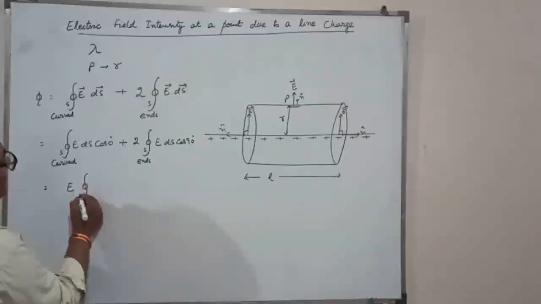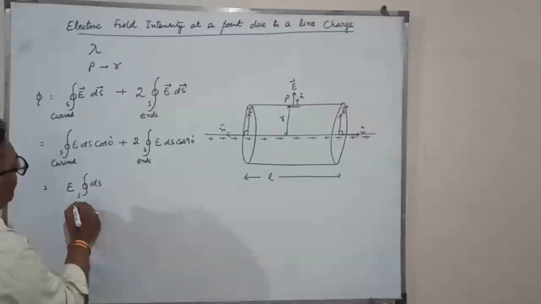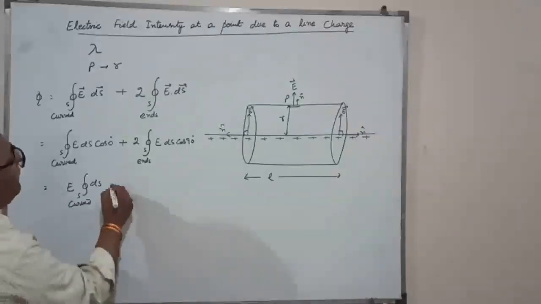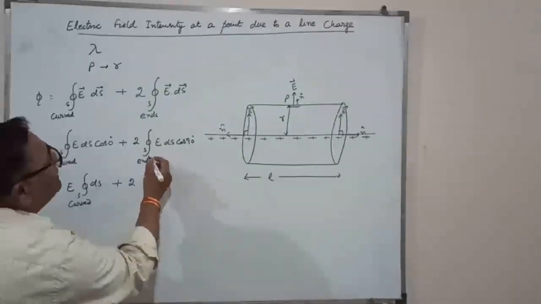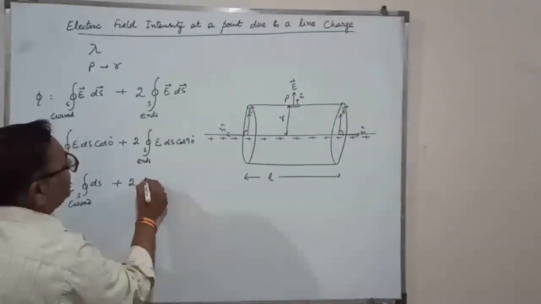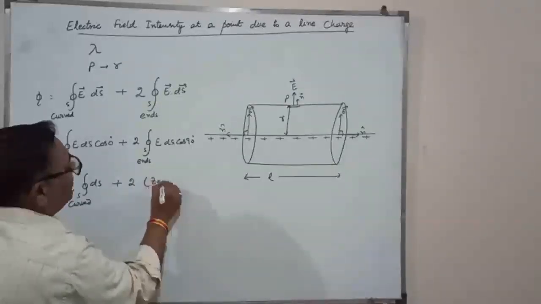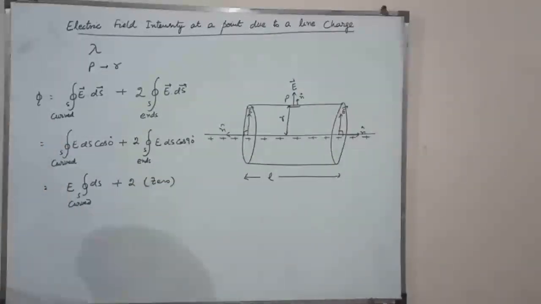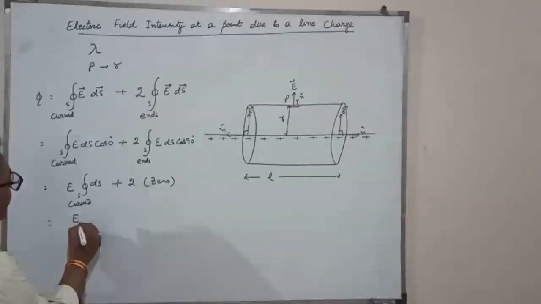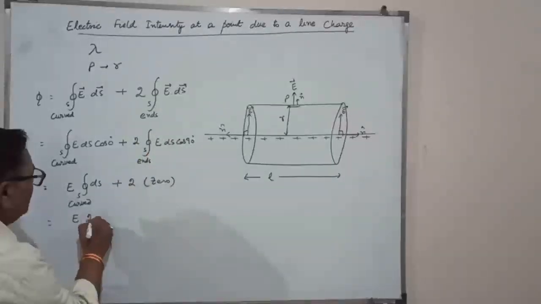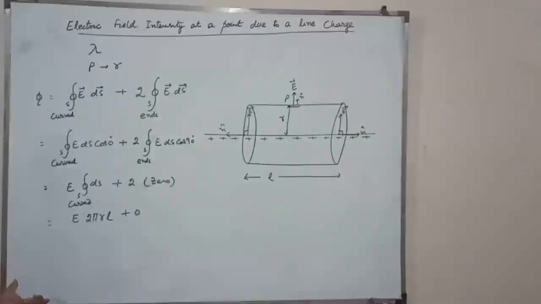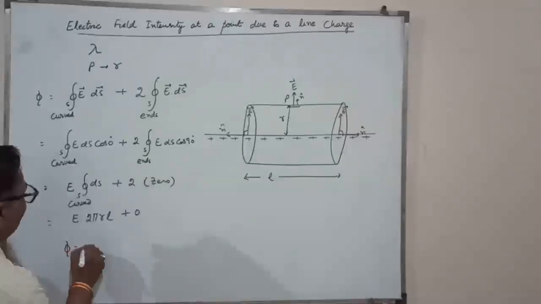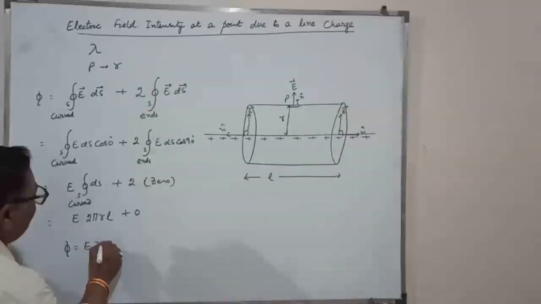Or E integral ds over the curved surface plus 2 into 0, that is 0. Clear? Or E into the curved surface of the cylinder, 2 pi r l, plus 0. Clear? So the total flux coming out from the Gaussian surface, phi, is equal to E into 2 pi r l,